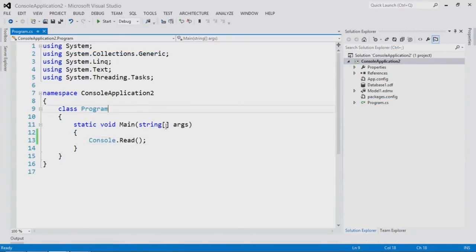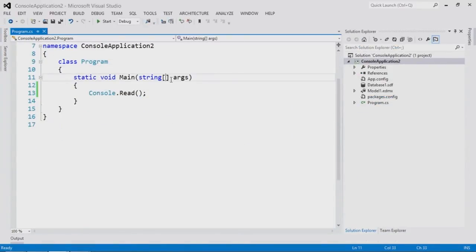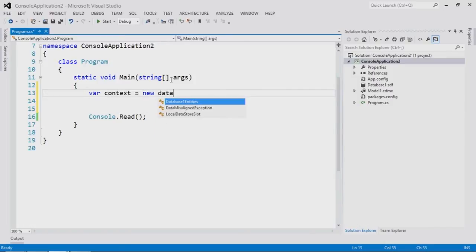All right. The first thing we need to do is recognize that the Entity Framework uses a context in order to talk to the database. So you create a context, and from that point forward, the context sort of handles all of your connection operations. So I would say var context equals new data1 entities, right? That's what we called it. I would have picked a much better name if I were